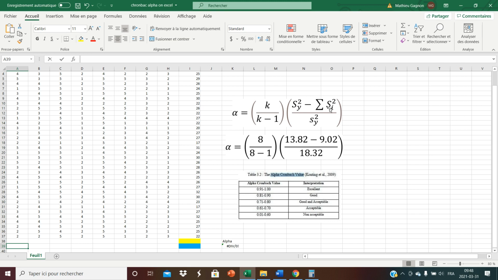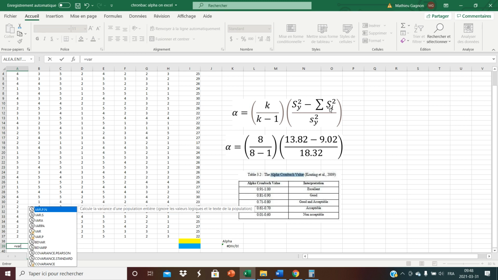Now, it's quite easy in Excel. I go here and I click equal. Equal means that I'm inputting something. Donc, faut mettre égal, ça veut dire qu'on va rentrer une commande. Now, I have Excel in French, so pardon me, my Anglophone friends, if it's different. It might be a little bit, but not that much, actually. I don't think for variance it'll do any change. I have to put var. Var for variance. I think it's the same in English. Pretty sure. Now, I have different options here, but I want to go for